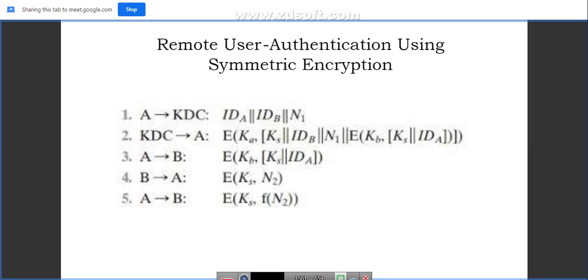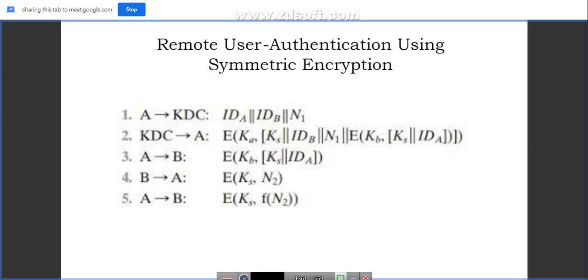Then in response to the first request, KDC responds back to A with 2 packages. One package is for A himself, and the other package is for B. In one package, KDC is encrypting with A's private key, KA, and it includes the session key and ID B, the same request which was sent by A, and N1 along with the session key. That package is for A,